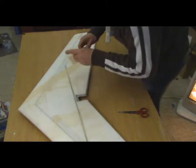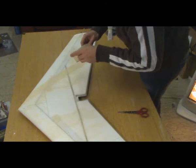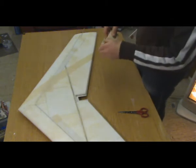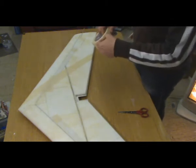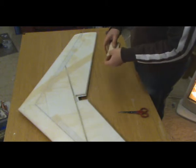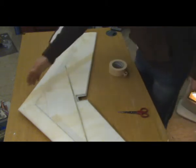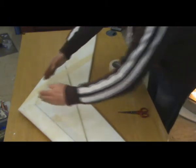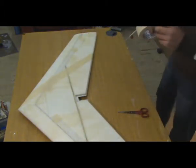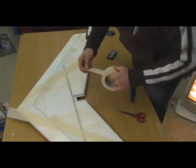But all I can suggest is, if you've not flown a flying wing before, sorting out the orientation of what is the bottom of the wing and what is the top of the wing is quite important. So what I'm going to do on this one is a chevron in black and white on the bottom, and then some sort of colours on the top. Okay, so basically what I'm going to do